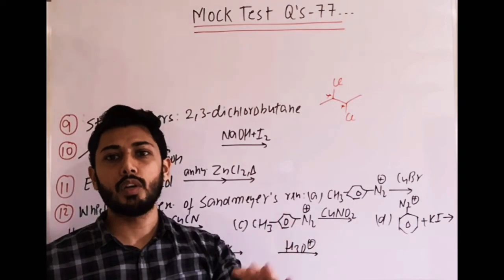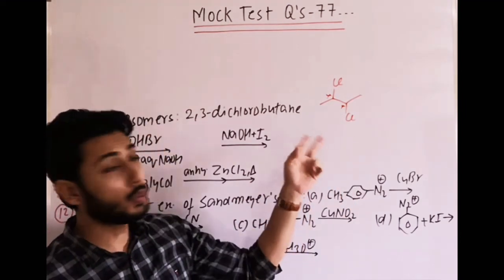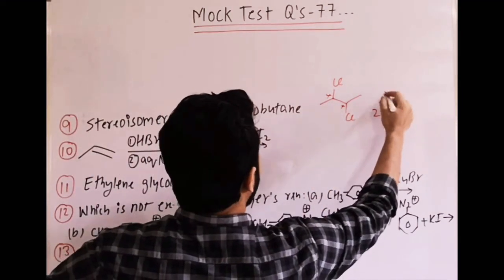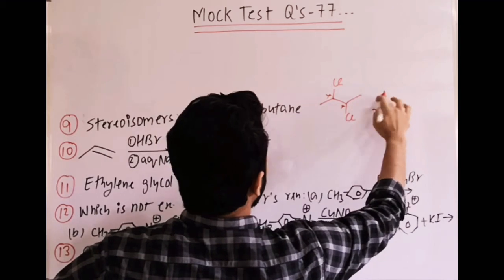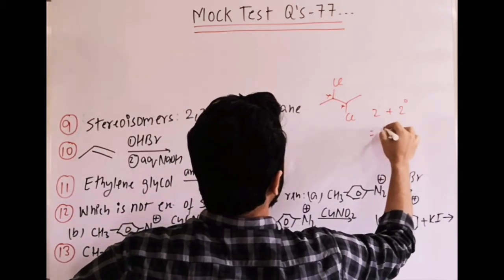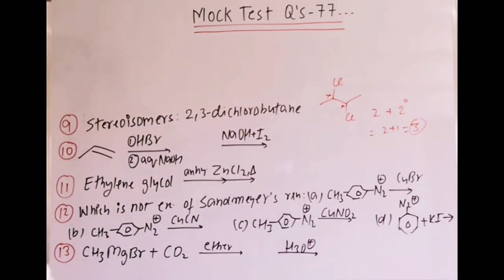Two chiral centers, compound is symmetrical. That means direct formula, which is 2 raised to power n minus 1 plus 2 raised to power n by 2 minus 1, since n is even. So you can put there 2 raised to power 2 minus 1, that means 2, plus 2 raised to power 2 by 2 minus 1, that means 2 raised to power 0, that means 1. So 2 plus 1, 3 isomers. Okay, direct question, very easy question. You should do it in one go.